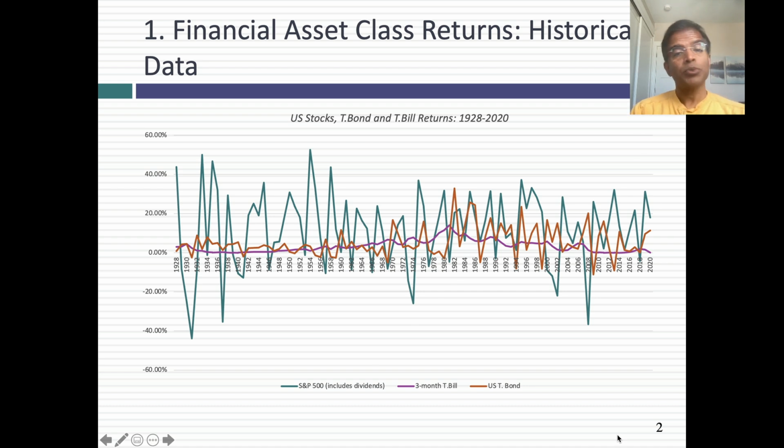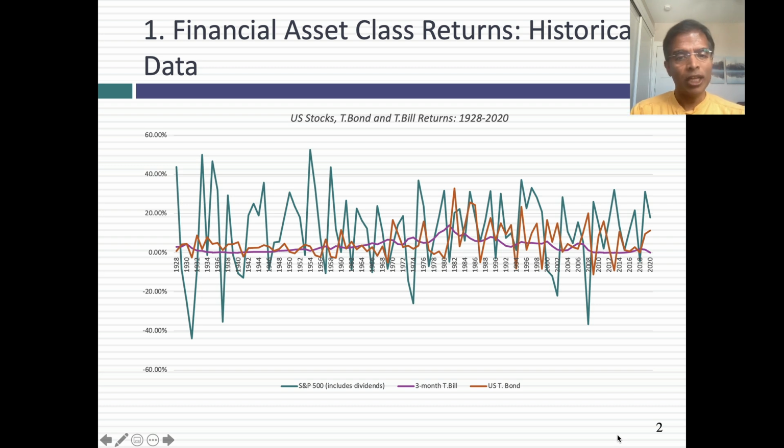In this graph, here's what I've done. I've computed the percentage returns you'd have made each year from 1928 to 2020 on each of these asset classes. You're saying, how did you get returns? Let me start with the easy one. With T-bills, there's no price change, you just hold it for the year and get the return at the end, so I looked at the rate of the T-bill as the return on a T-bill. So that was easy.